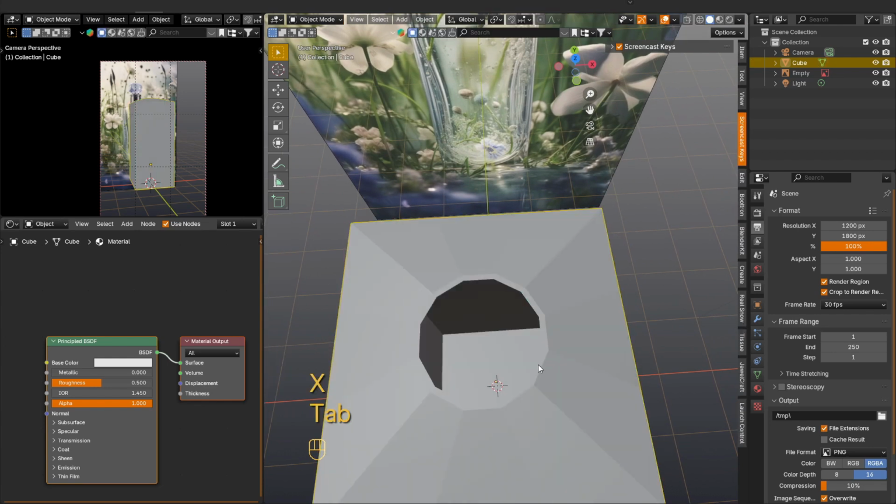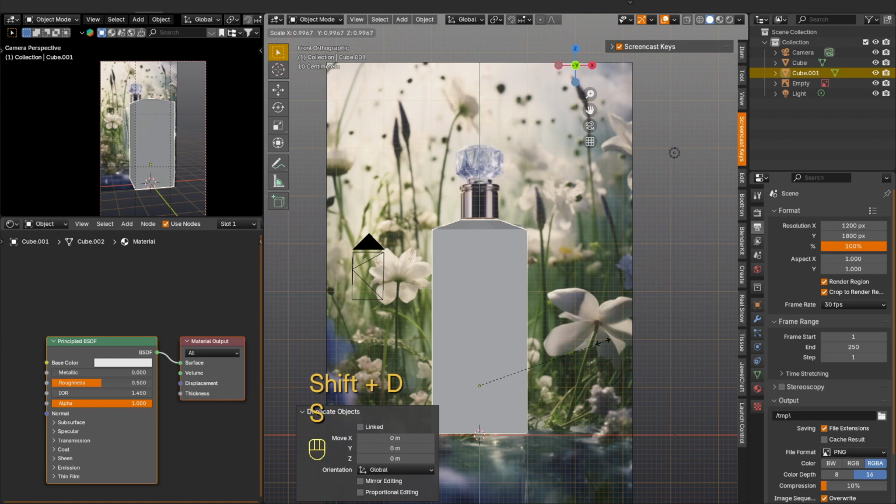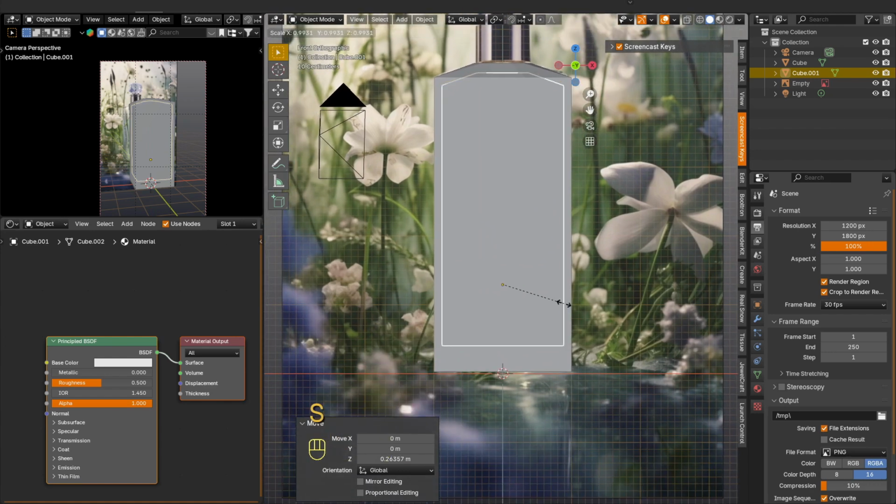Now using the combination Shift-D duplicate the object and reduce it. From it we will make the inner part of the bottle. So we need to go to transparency mode using Alt-Z and arrange the vertices in such a way as to repeat the shape of the inner part of the bottle.